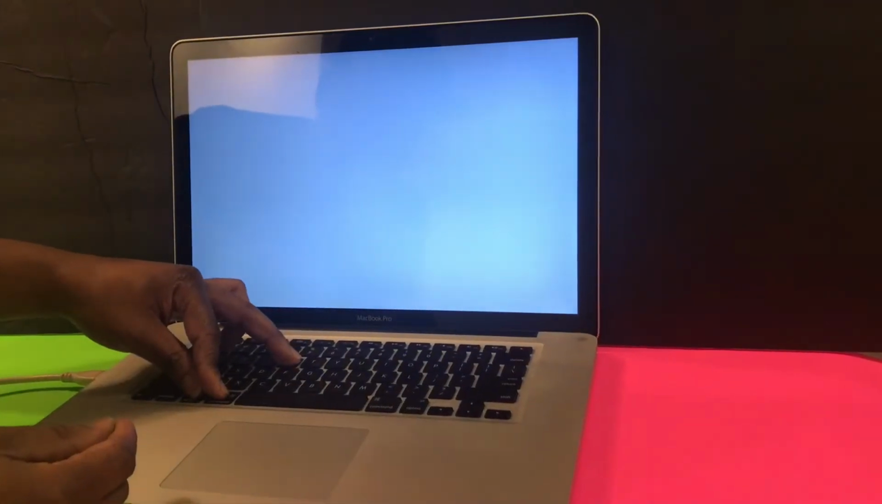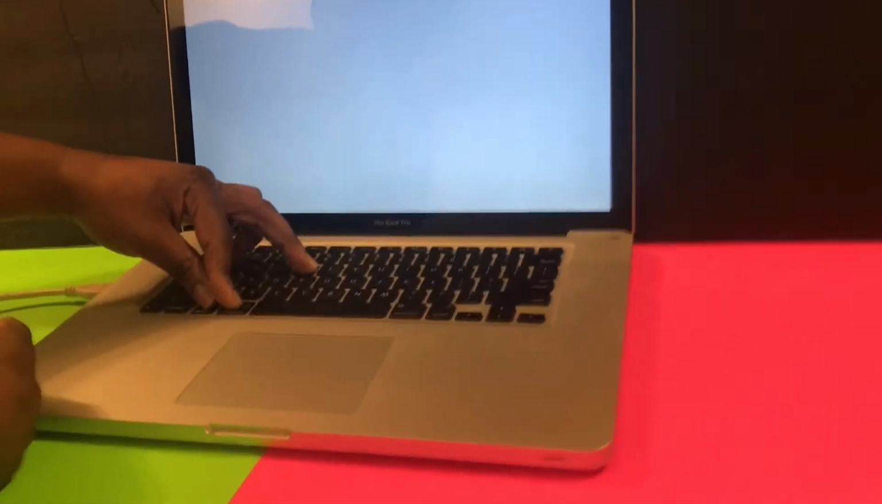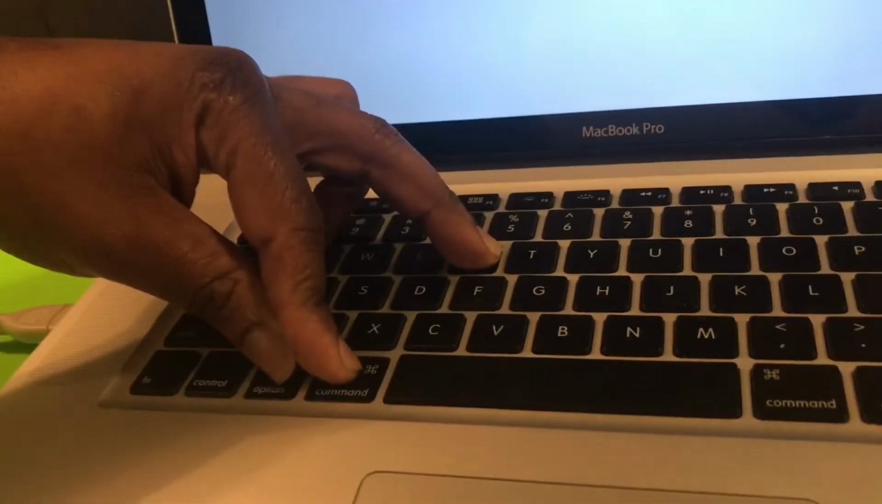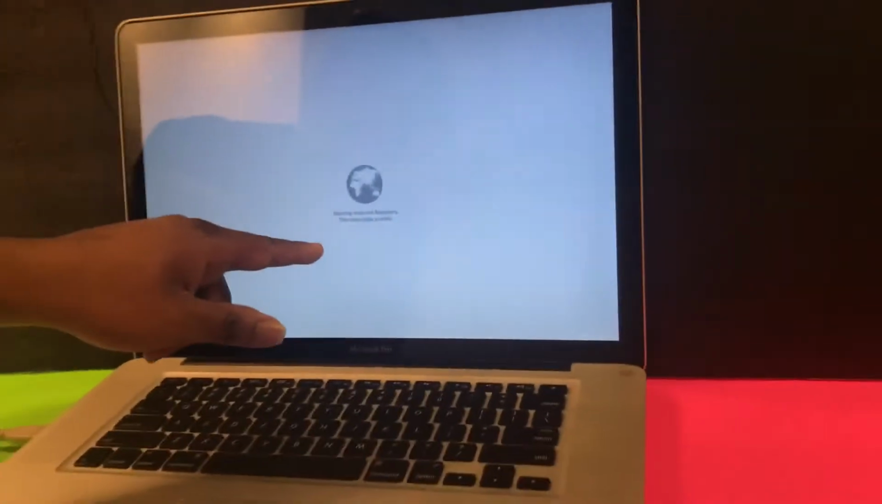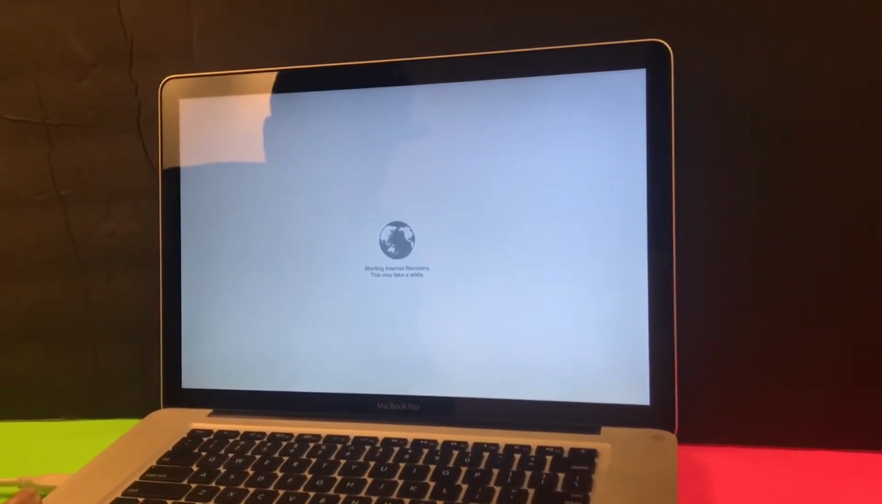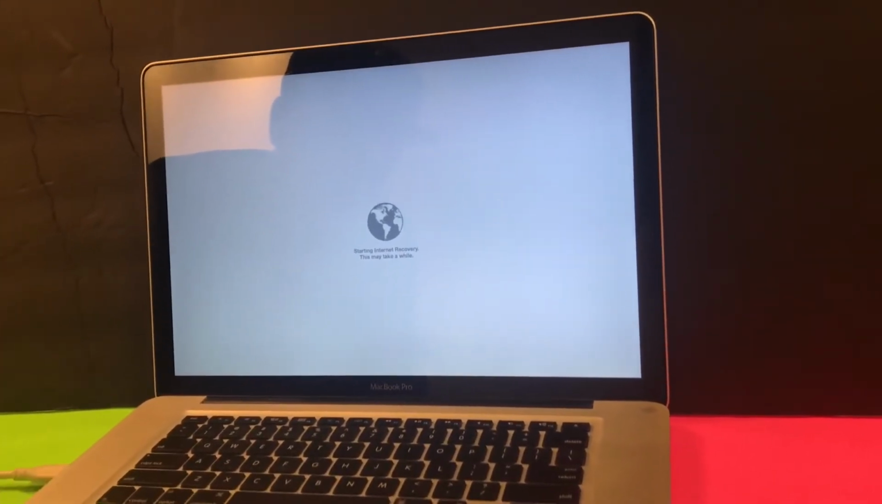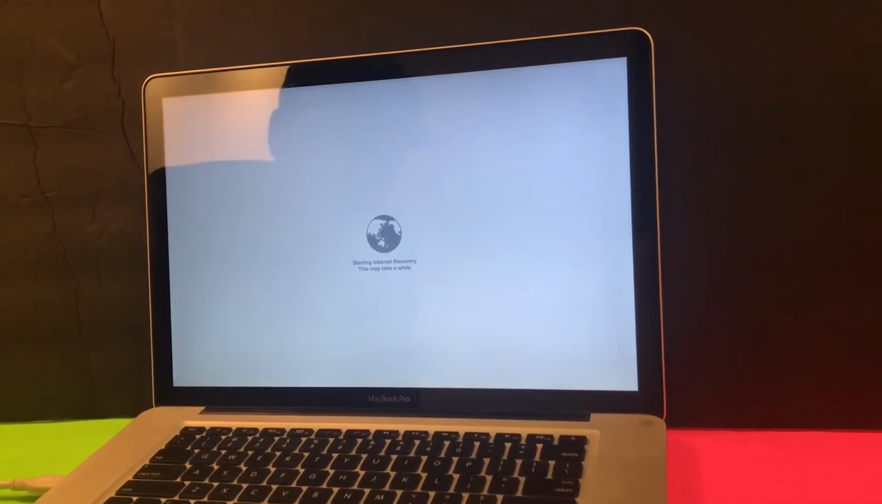First stages of your copy disk to disk. You're going to turn on the computer, press the following keys: Option, Command, and R. Press and hold them until you see Internet Recovery. This process takes a while, so the next screen that you're going to see is